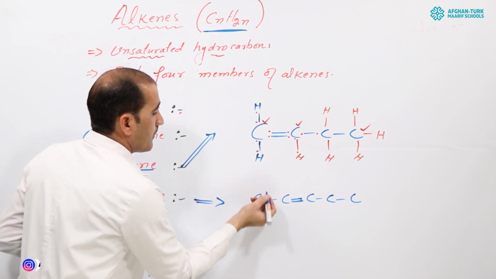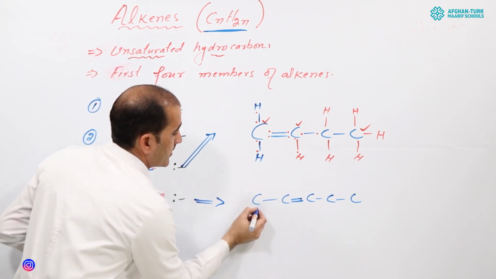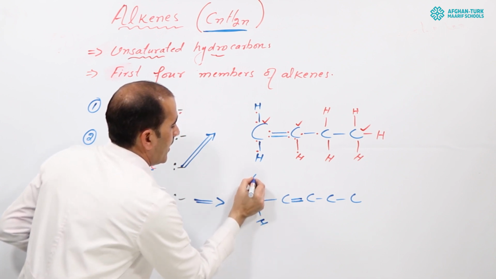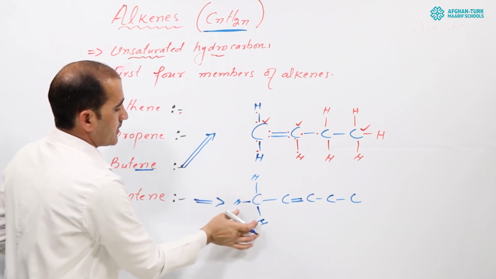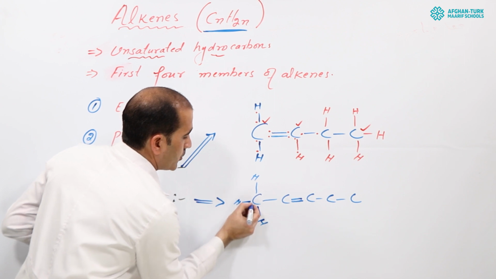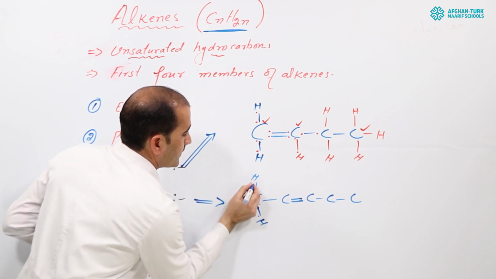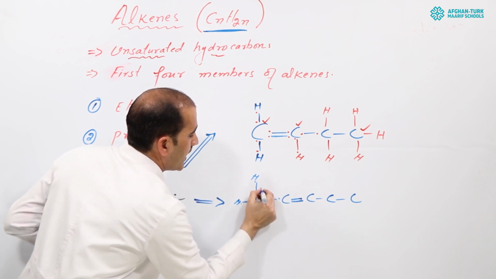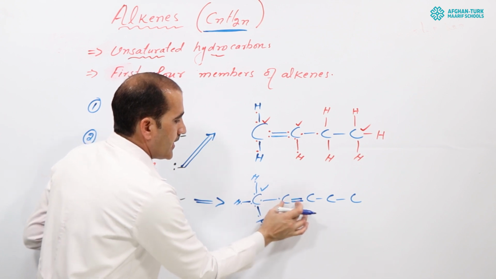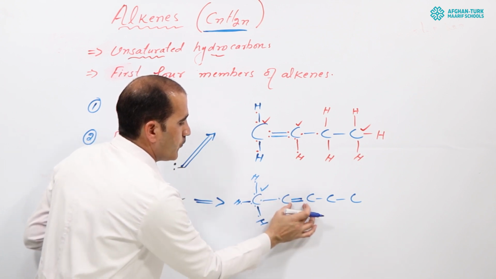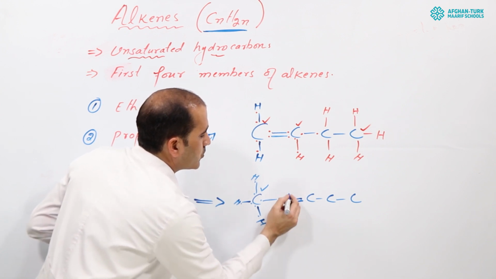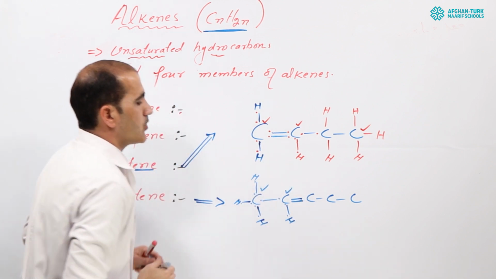Now count the number of electrons here, how many hydrogen atoms are needed here. We need 3 hydrogen atoms here. Look here. So right now this carbon atom, with 3 hydrogen atoms, will become stable by 8 electrons. How? Look here. 1, 2, 3, 4, 5, 6, 7, 8. So right now by 8 electrons this carbon atom is stable. Next, this one, 2 electrons are already here, 4 electrons are already here, so 2 plus 4, 6, and it needs only 1 hydrogen atom. So by 8 electrons this carbon atom will also become stable.